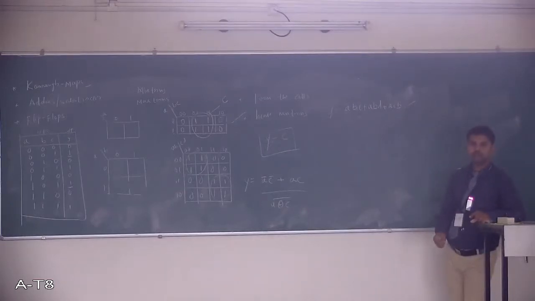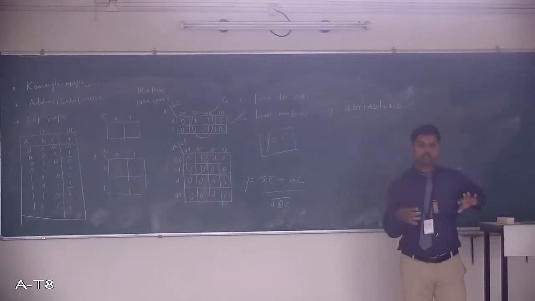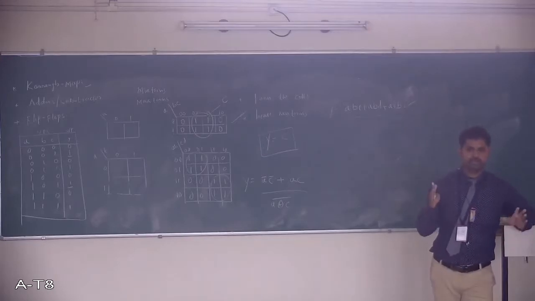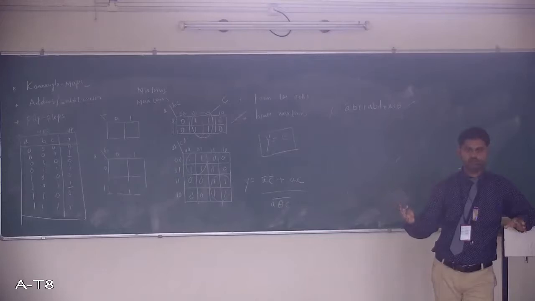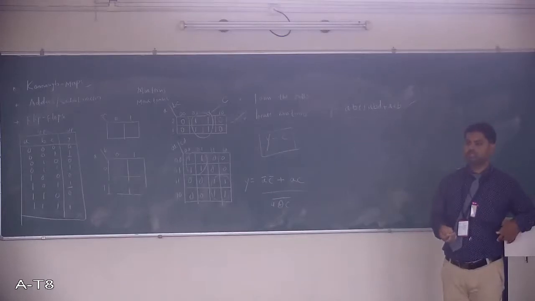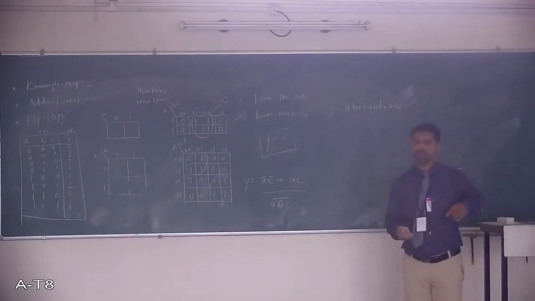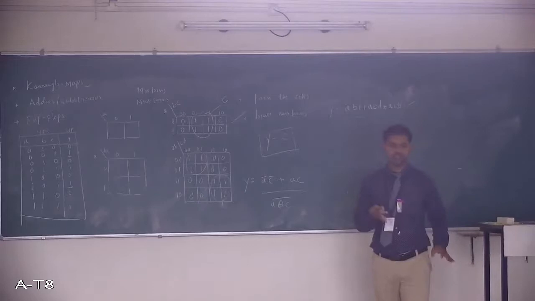This is the simplification using K-map. If the ones are side by side, then straight away go for grouping. And if higher order grouping is possible, don't go for smaller order grouping. Always higher order grouping will give you fewer variables in the expression. Got this? Any doubts here? In detail you will study it in the next semester. Now you understand only this much.